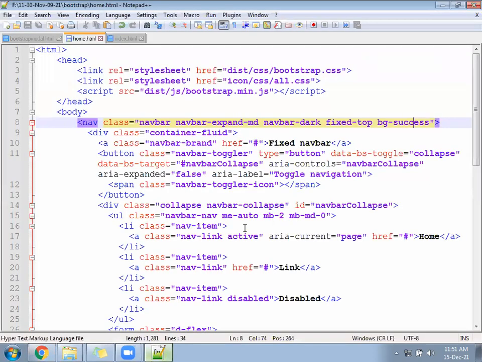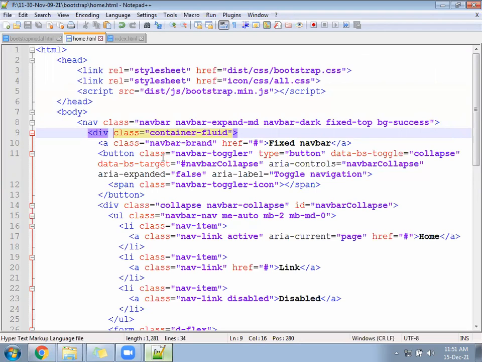Okay. Now after that, we can add some navigation, some more links here. We can add the icon. We can change the company name. You may ask why we have copied and pasted this one. Why can't we write it? See, class names are long. It's difficult to remember such class names. It is not necessary that we need to remember everything.